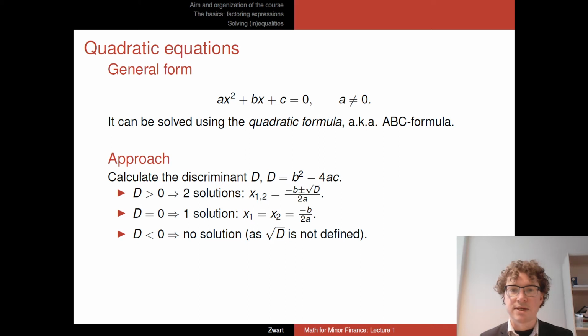The discriminant is a combination of the parameters a, b, and c, in particular d equals b squared, the coefficient b in front of the linear term x, squared, minus 4 times a, the coefficient in front of the quadratic term, times c, which is the coefficient in front of the no x, basically. And so once you have computed this discriminant, b squared minus 4ac,